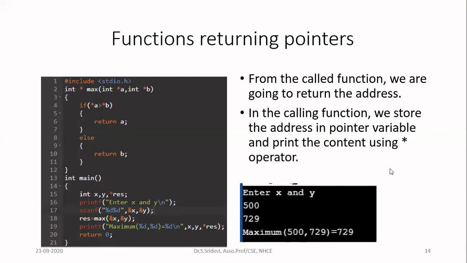So what is the gist of this particular program is we have written the program to return a pointer. Returning a pointer means in the return type you have to write int star or float star, whatever may be, a star should be in the return type. Okay, and remember, since you are returning something, there must be a return statement in your program. Don't write without a return statement because here the return type is not void. So there must be a return statement. And what you have to return in that statement is some address only. You should not return a value.